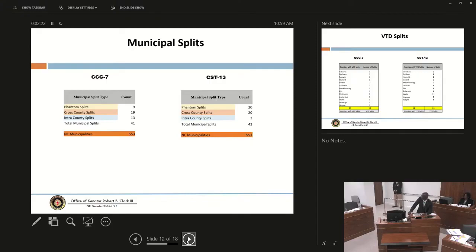Then also Senator Heiss mentioned what I call the cross-county splits, when you have a municipality that goes across the counties and therefore is split by virtue of the fact that you don't necessarily combine those counties. I had 19 of those, and by my count, they had 20, about the same. Now, the big difference here is in the intra-county splits. Clearly, our friends made a very concerted effort not to split those types of municipalities, and they only had 2. I think they were in the major cities like Charlotte, if I recall correctly, and one other county they mentioned.